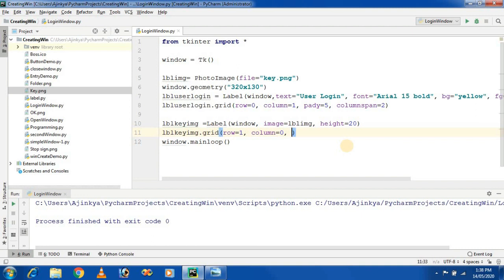Again we span a row 2, and move the x horizontally by 10 pixels.